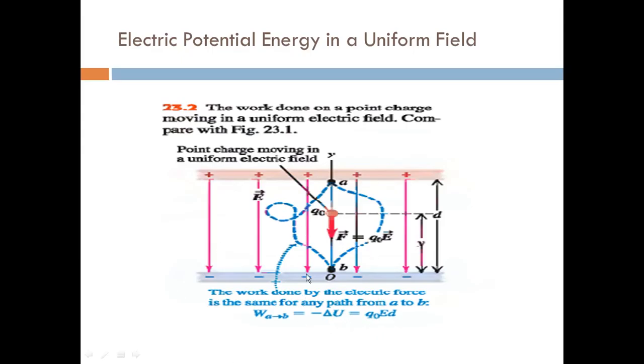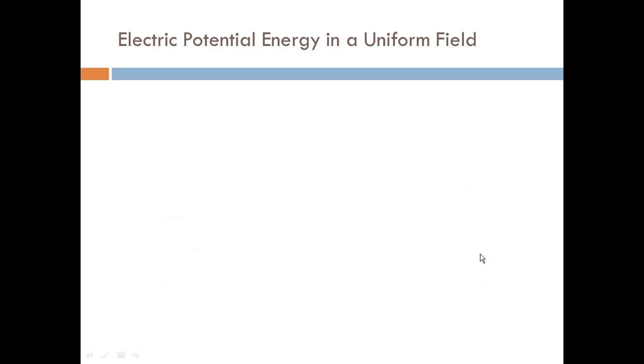If the work done is positive, then it is associated with a decrease in potential energy. So the same goes with electricity. The only difference is that you have a gravitational field before, but this time we have an electric field. Okay, so